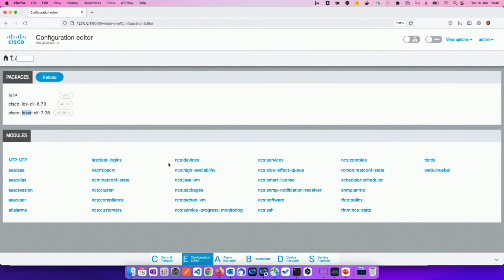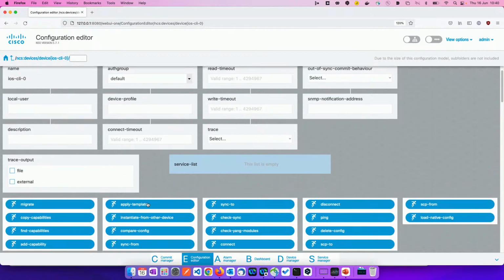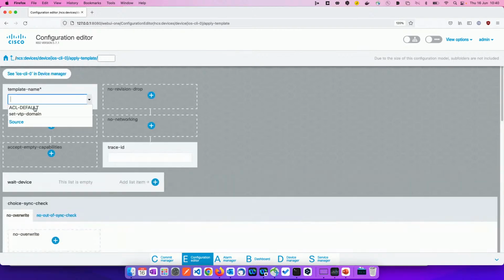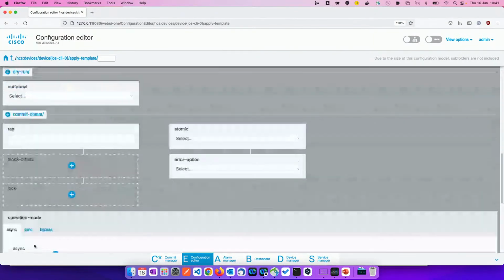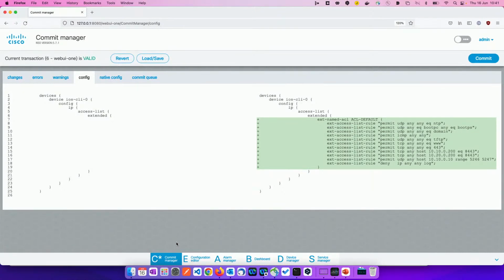So if I want to apply a template of configuration to a group of devices, I just need to go to this module, the NCS devices. You have here some templates that I've already created. For example, this ACL default will apply an ACL to a device. So for example, if I come to the device manager, I choose the IOS CLI. And then I will have here some blue buttons, and one of them says Apply Template. In this Apply Template, I will choose the ACL default. And I will scroll down, and I will click Run Apply Template Action. It returns OK. So if I go to the Commit Manager, I just applied this ACL to this device